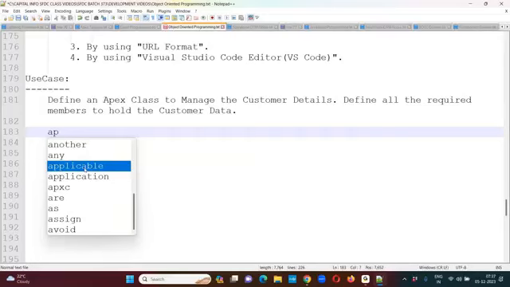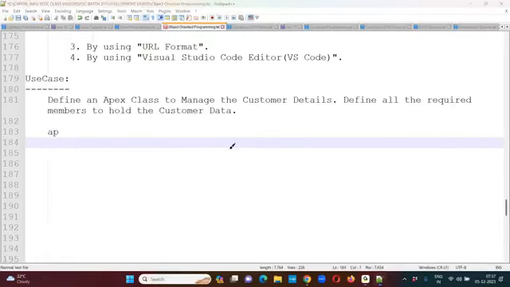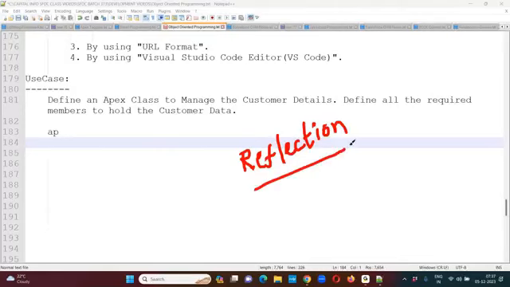Now, in this case here, let's see. So now this intelligence has been implemented with the help of a feature called reflection. By using reflection, they are providing a feature called intelligence, which is a very good feature for the developers,